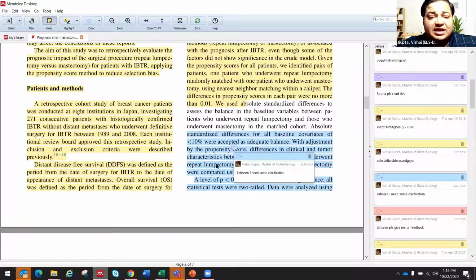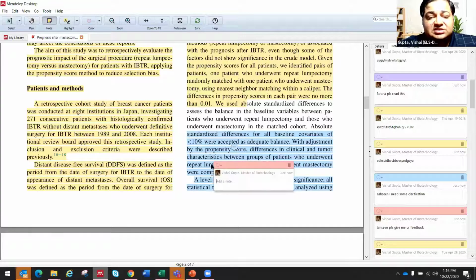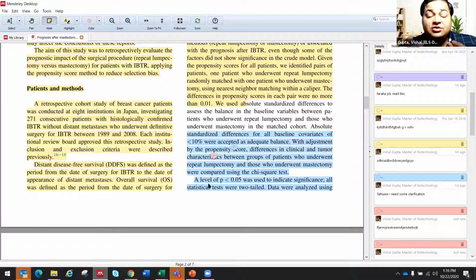And now I can click on note here. I can choose a different color and then I can click on note here and I can put my notes on top of this and then it remains saved like this. I can share it back to the group. So it collates the data and the person can then see where he wrote his note and where the other person replied to it on the same page. So this is how Mendeley can enable remote working together in form of groups on Mendeley, right?